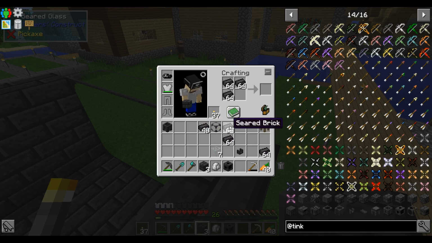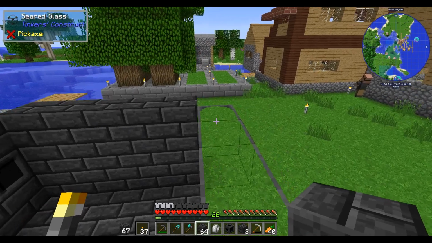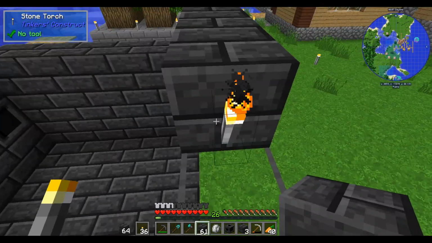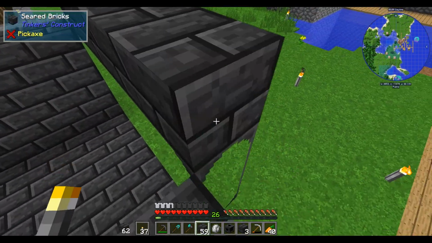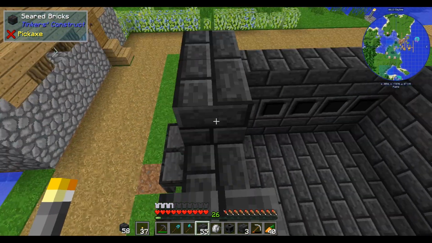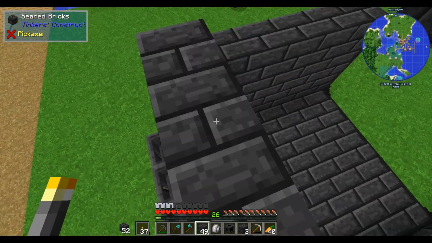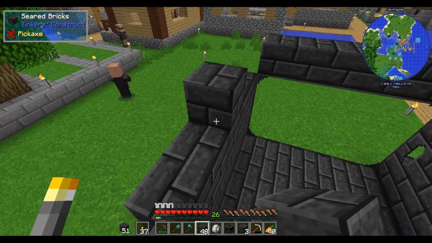There we go. Let's get this right here. Well, we got another stack. Look at that. Look how that worked out for us. Oops, torch. There we go. Now, while I'm building this up, how about you guys in the description tell me